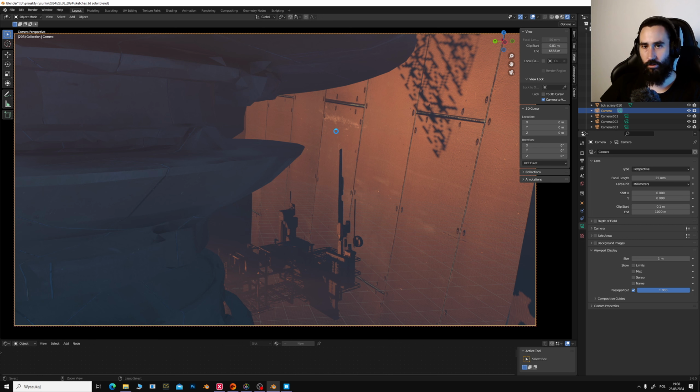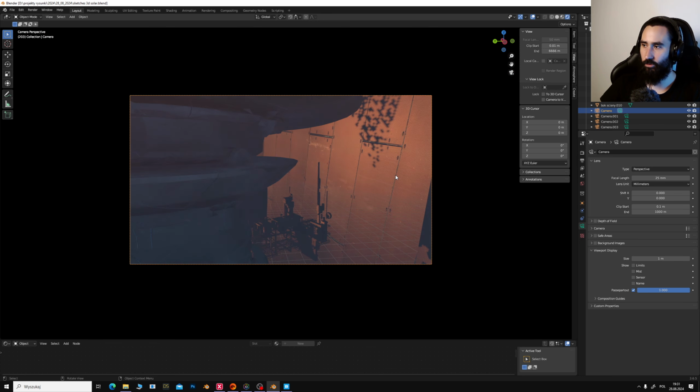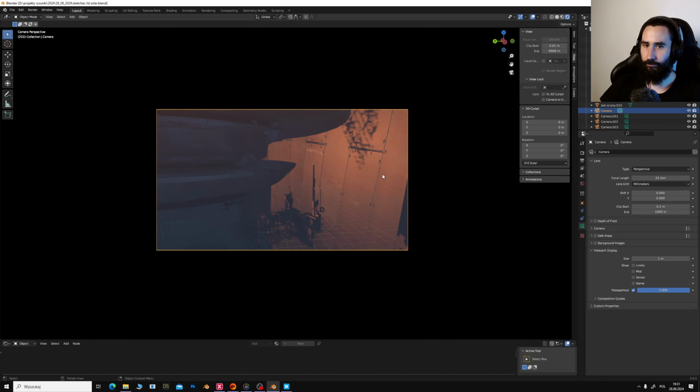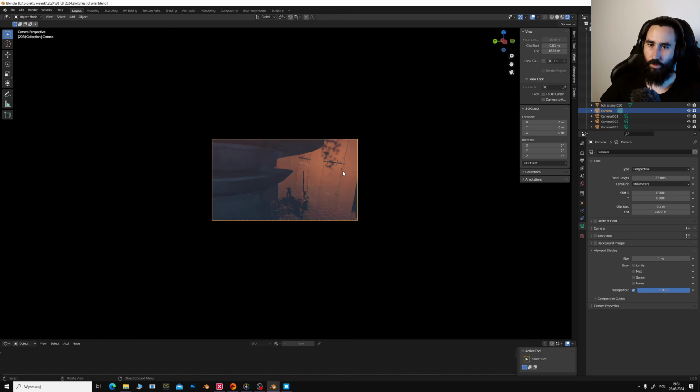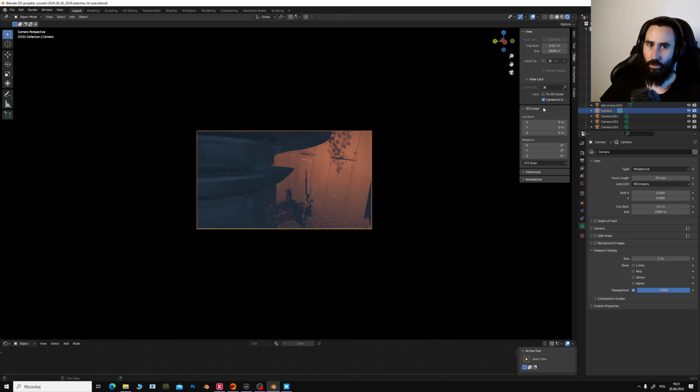For the sake of the video I'm working on a big screen, but usually I'm working in this kind of way: we unselect the camera view, scroll the mouse button, and we can have a little window. This is a very cool method, a very cool idea to work while we are